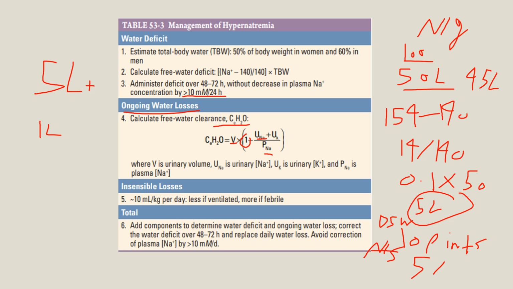So let's say we have a plasma sodium of 150, a urinary sodium of 30, and a urinary potassium of 20, which is, I think, an overestimation of the urinary potassium. I think it should be around 5 or something like that. Then we have 50 divided by 150, which is 0.3. So we have 1 minus 0.3, which equals 0.7, multiplied by 1 liter, so that adds 700 ml